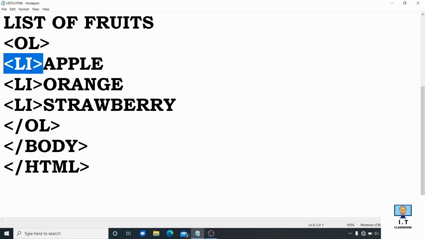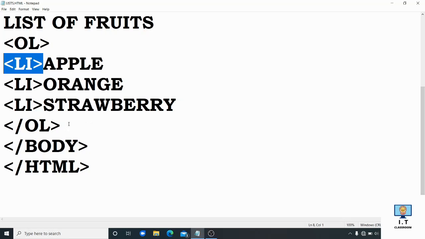By using the li tag, you can add items to the list. After using the li tag, you write the name of the item like apple, orange, strawberry, etc.